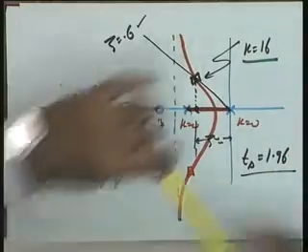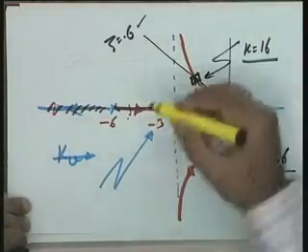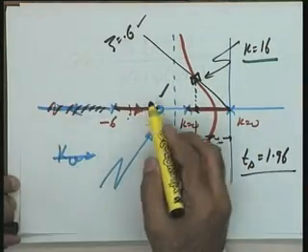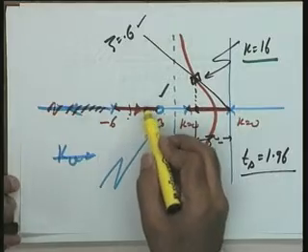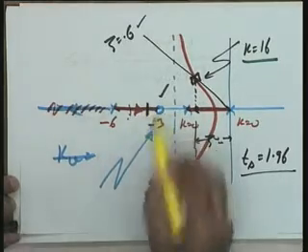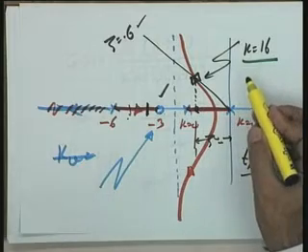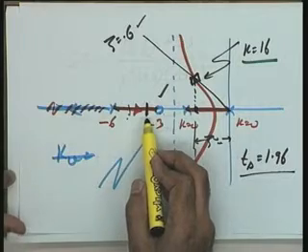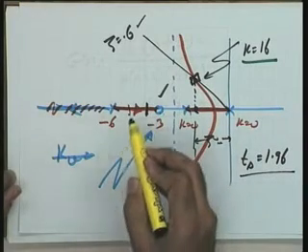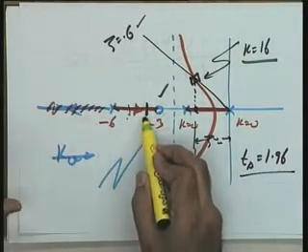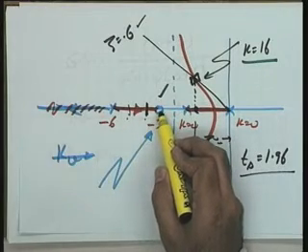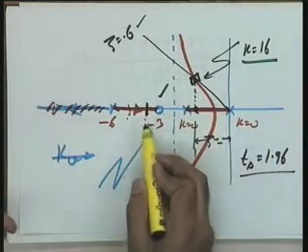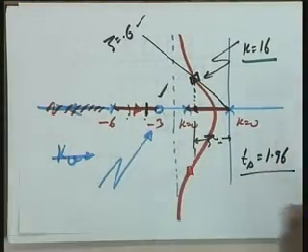One more point. Fortunately in this particular case, there is a 0 available in this region. If your third pole lies close to this particular 0, that will depend upon, you will have to locate, I do not have this value available here, for k is equal to 16, you have to locate the third pole. If the third pole turns out to be closer to this 0, in that case this pole-0 pair will anyhow nullify the effect of this pole, and hence the dominance condition will be satisfied.